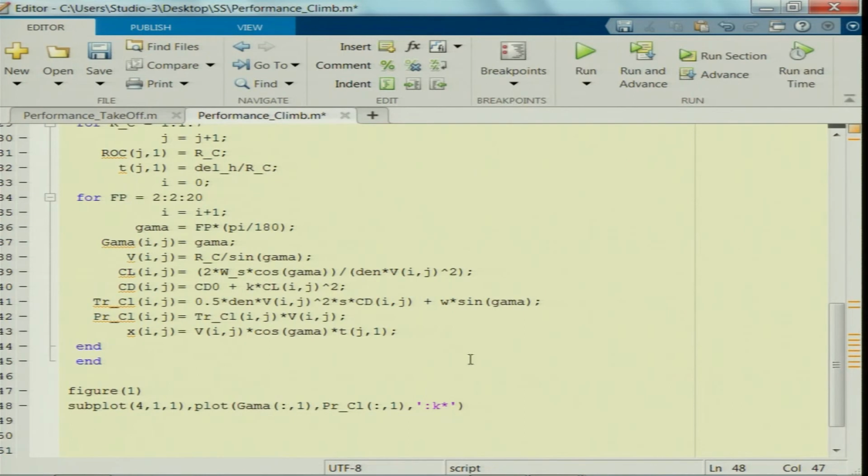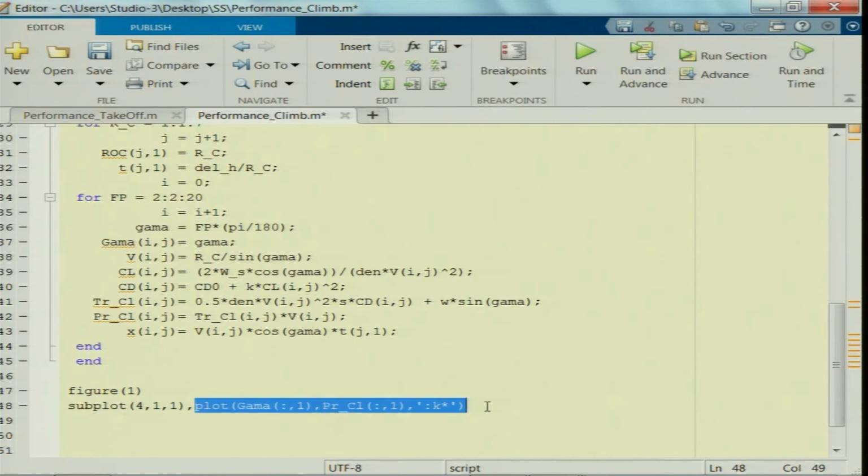K stands for black color, and star stands for the marker at that particular gamma(i,j) and power required(i,j). That particular point is represented by this star marker. K stands for the color code, and the colon stands for the line type, which you can mention explicitly for each variable. I would like to use the shortcut here.